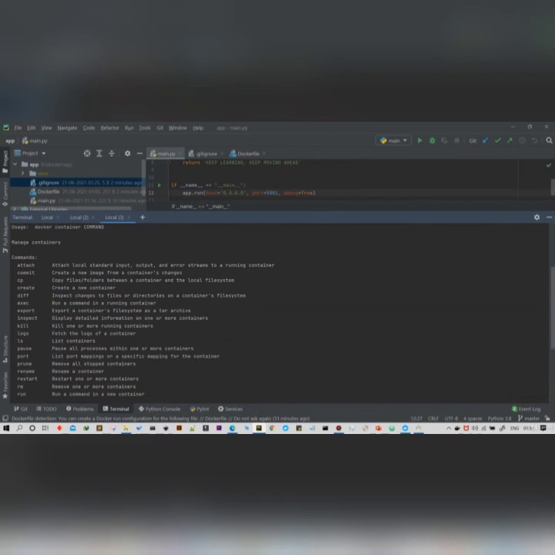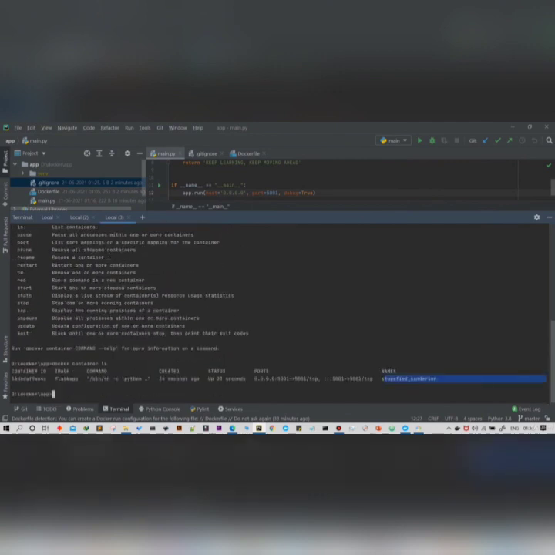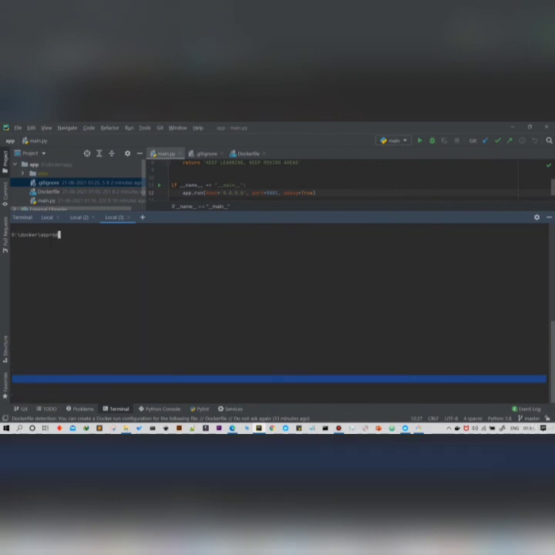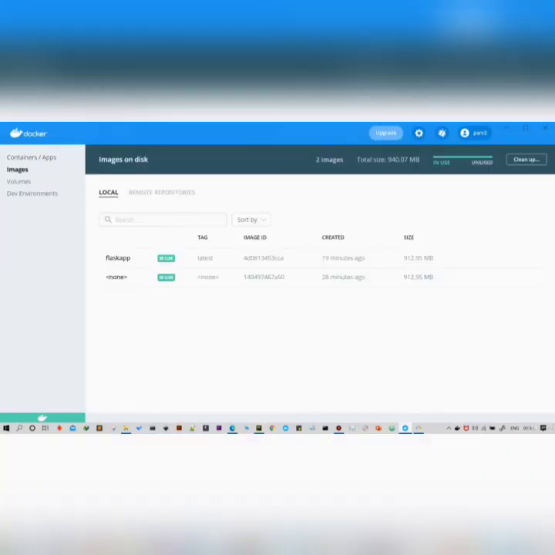Okay, and now the commands which I'm going to discuss here are the create command and the start command. To run your Docker image, we can simply use the docker run command, but in case you want to create the container and then start it later on, you need to use the create command, then later on the start command. You can say it's an equation: docker run is equivalent to docker create plus docker start. Okay, so I'm going to first create a Docker container here. Let me show you how it works.